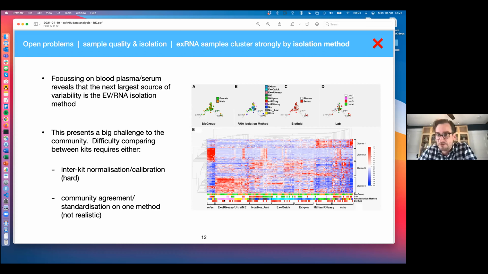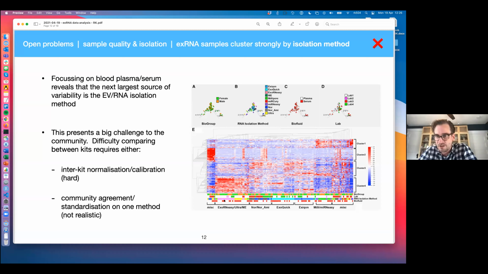it's difficult then for a community to come together with a single database across multiple different platforms that is consistent enough to be useful as a benchmark for any other platform. It leads to questions about batch correction and normalization, which is difficult, or a combination of that and some community agreement over standardization on one method or one type of method, which is, again, difficult, because each method has, and Louise will talk about this, I'm sure, but